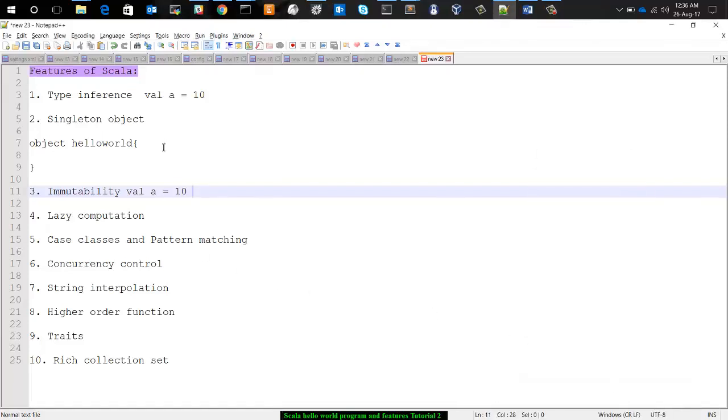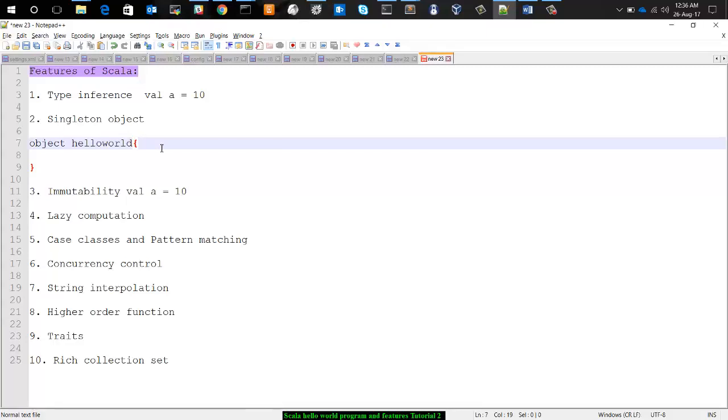Then, in this singleton object, we don't need static variables, and there are none. For example, in Java there are static methods and static variables. Likewise, there is nothing like that in Scala. Everything you declare will be in an object or in a function. These are the two available constructs in Scala.